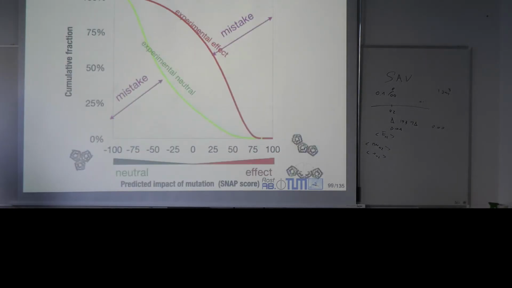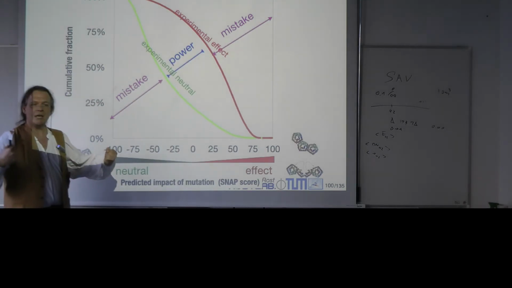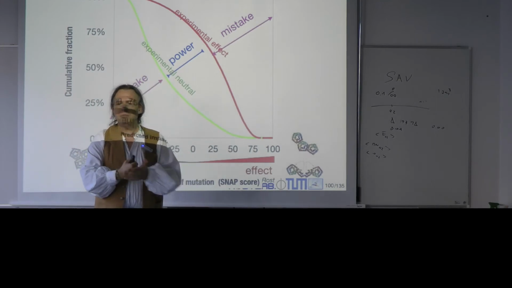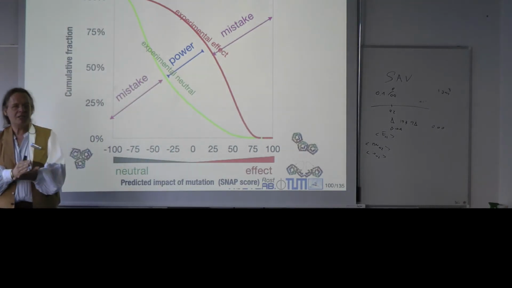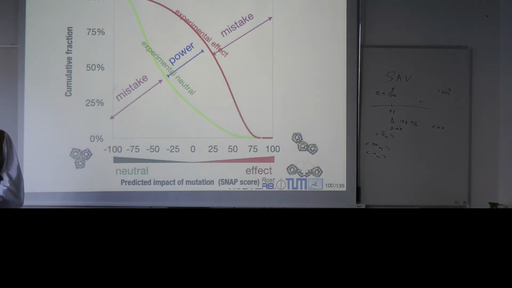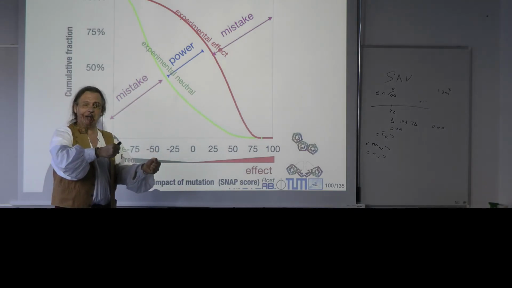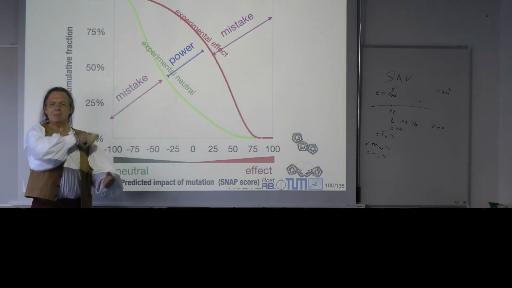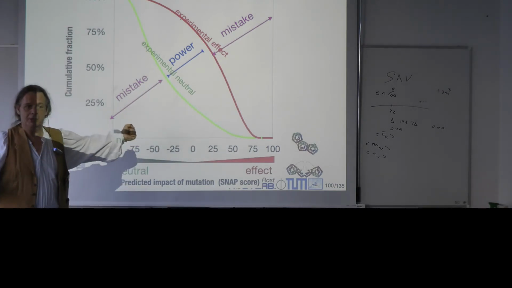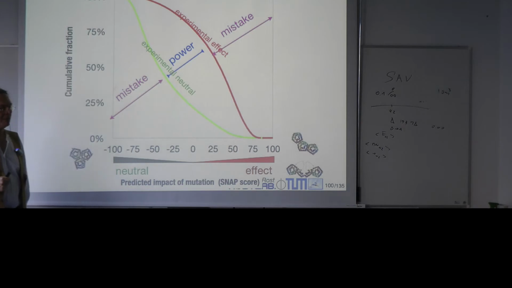Now, if you look at it, the degree to which this is not up here is the mistake, or the degree to which the green one is not down here is the mistake. And conversely, the degree to which green and red are different is the power. If green would be the same as red, the method could not distinguish. It would always give, on average, the same answer for a variant with an effect and without one, right? That would be a totally random method. So essentially you would argue that the method is much less good, there's less power in putting them apart than what you lose with respect to the mistakes, and there's much more you can still gain on this plot, right? But this is what I believe is the best we have.